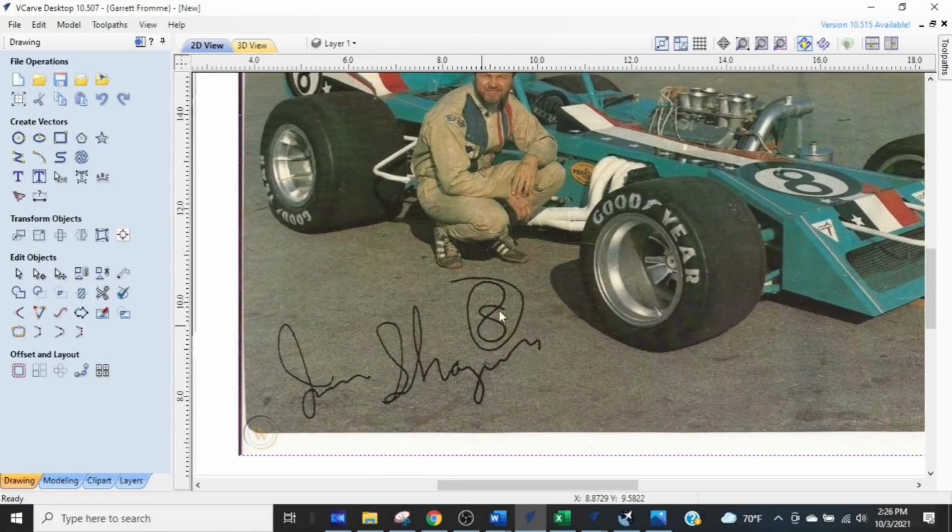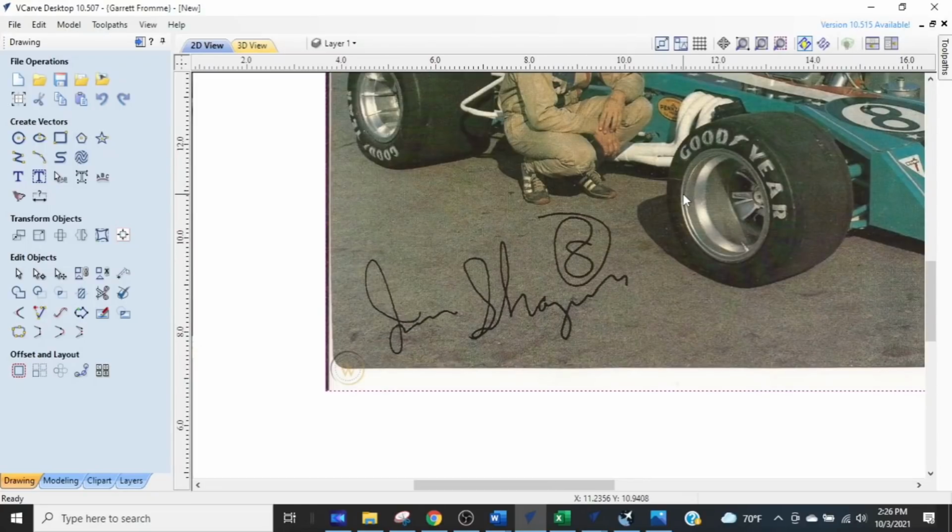Now there's a number of ways we can get this signature out of here, and you're going to learn some tricks about how to do this. So what we're going to do is literally just crop this image down to the signature. Now before I do that,